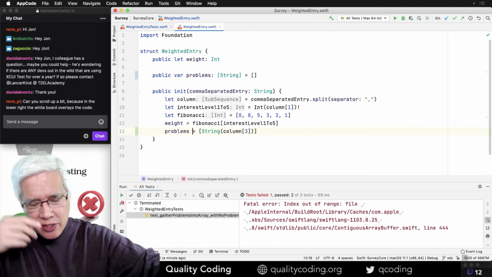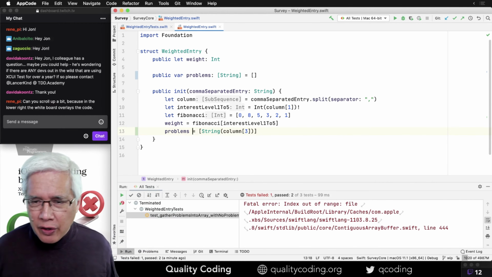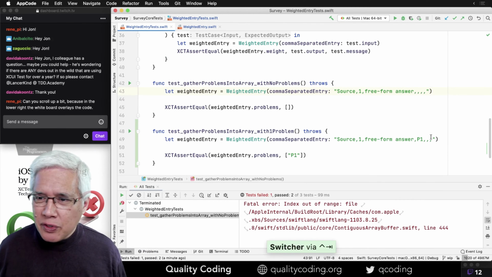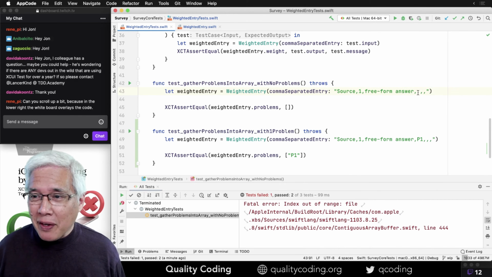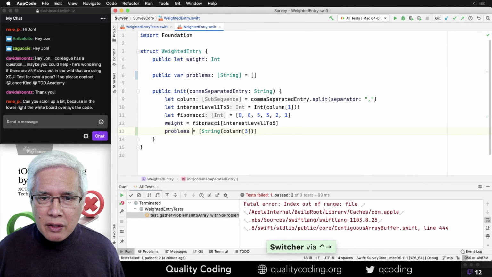So it failed for the case where there are no answers. And this is also why it's important to have these tests. I just broke something. Oh, no. I kind of expected the split to give me an empty string there.